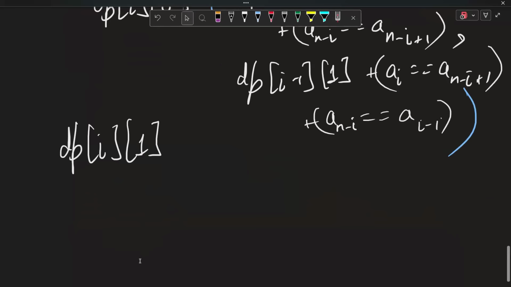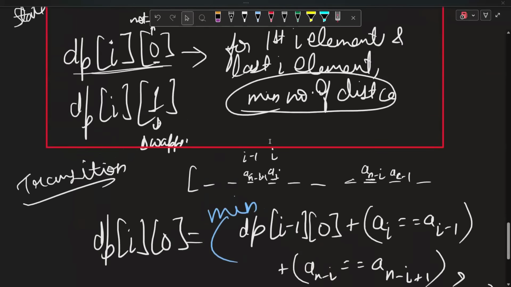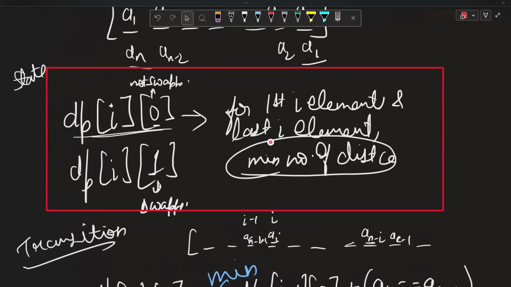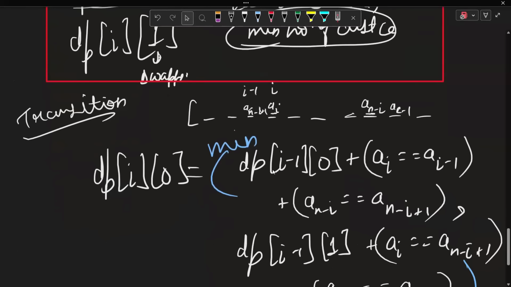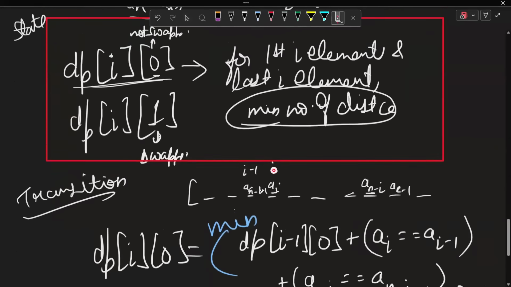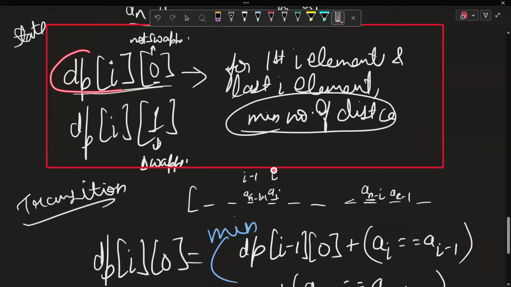Yeah. एक बार आप फिर से एक्सप्लेन करोगे, थोड़ा कंफ्यूजन सा क्रिएट हो रहा है। Okay, like तुम्हें क्या समझ नहीं आया, स्टेट या फिर ट्रांजिशन? स्टेट। ट्रांजिशन नहीं समझ आएगी कैसे हो रही है, क्योंकि हो सकता है कि अभी करंट वाला हम स्वैप करके ऑप्टिमल आंसर पे ना पहुंचे। ओके, देखो, मेरा स्टेट क्या है कि dp[i][0] is कि मैंने